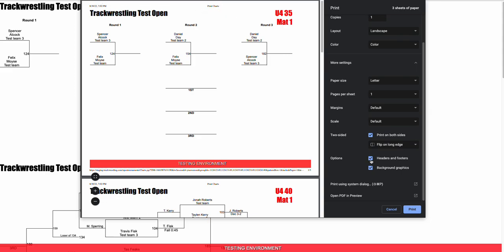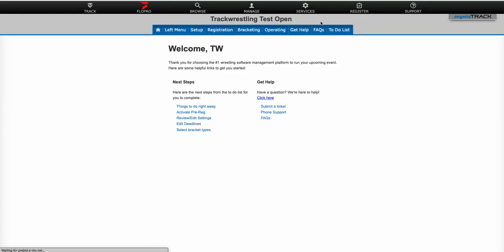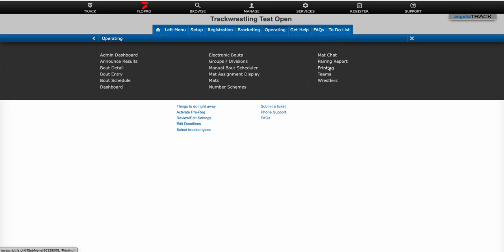So again, you're going to select headers and footers. You want that turned off. You do want to keep your background graphics turned on. That will print out if you have a watermark back here in your colors. So you're going to want to make sure that you have that selected. And then when you have everything ready and it looks good, you just come here and click print. I'm not going to click print. I don't need the brackets. So we're just going to come back up here and come back to our operating menu